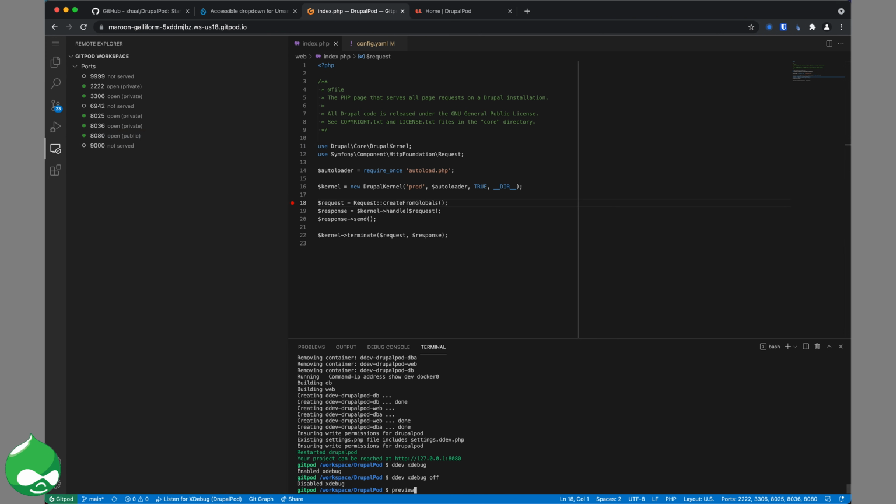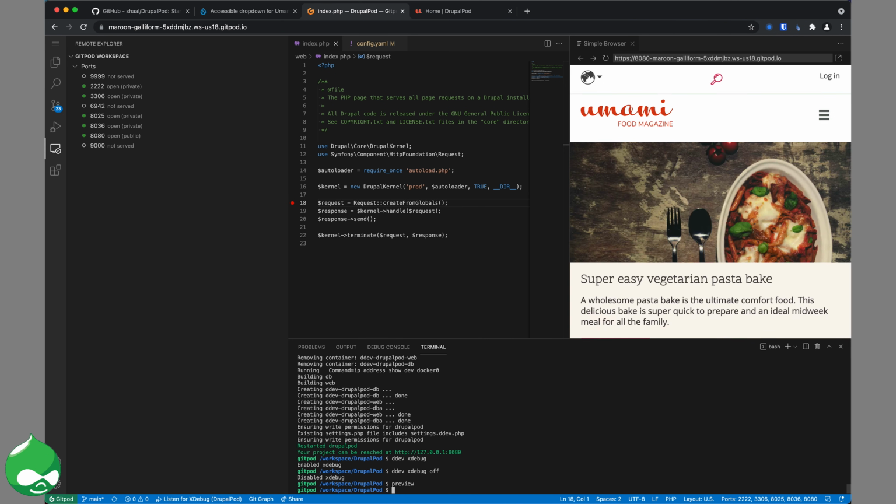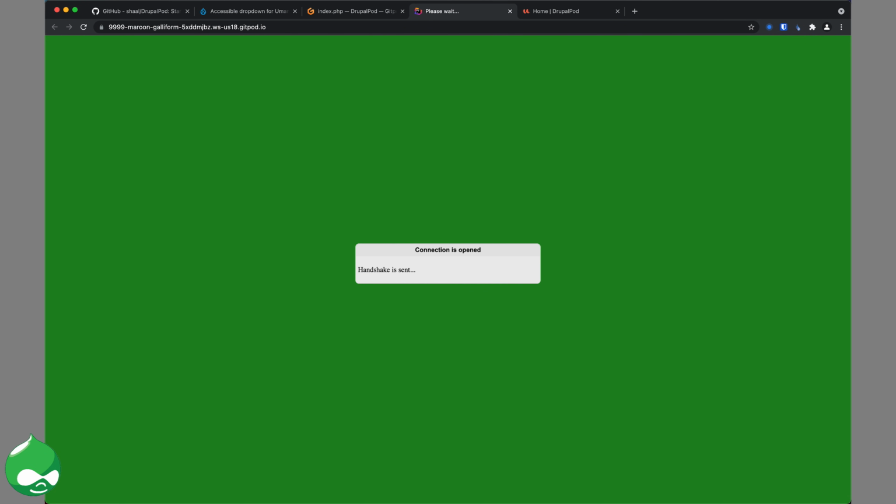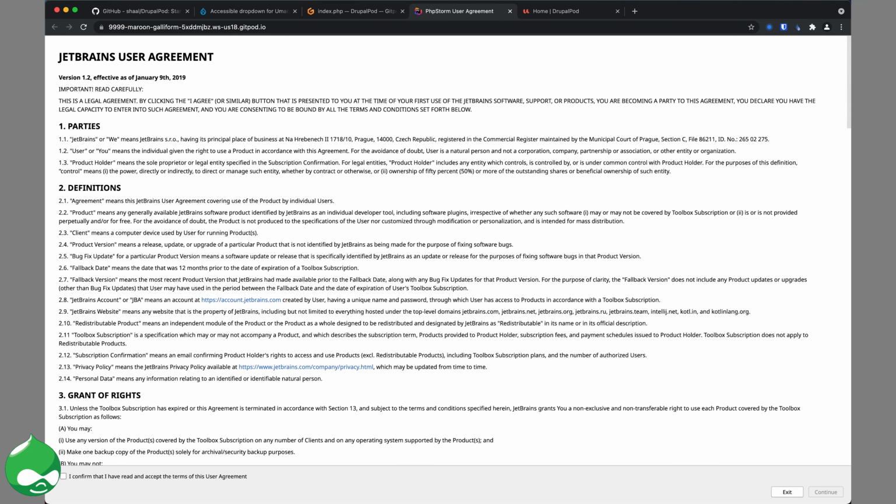If we just type the word preview, a preview window would open with the website of the project that we're working on right here. Another feature we have as part of DrupalPod setup, we can type phpstorm. Give it a few seconds, a new tab would open, and what you're gonna see now, clicking here on I